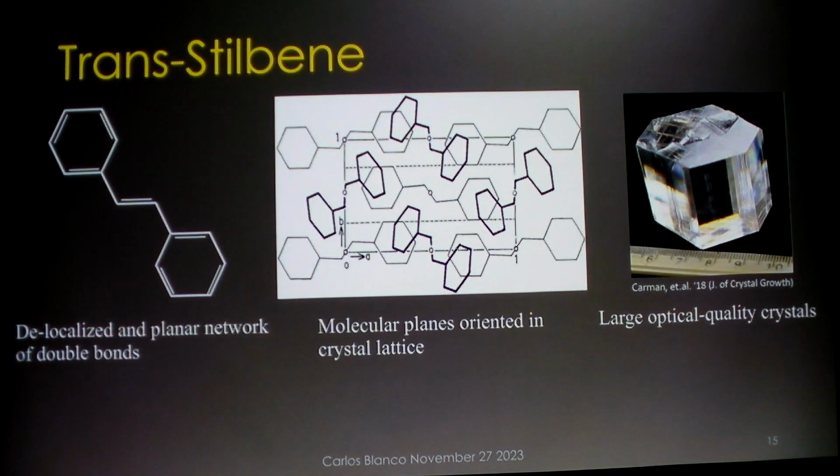And so we went out and tried to look for chromophores that could tell this difference, and we came up with this simple example. It's called trans-stilbene. It's very similar to xylene. It's just two phenyl rings bridged by an ethylene bridge. They like to stack in these crystals so that they look face on all towards the same direction, and they can form these macroscopic single optical quality crystals.